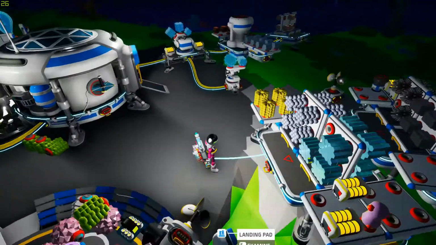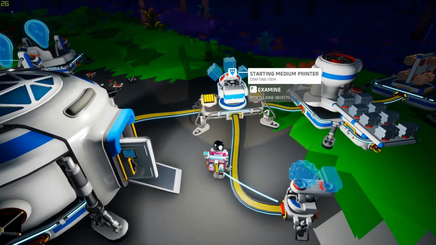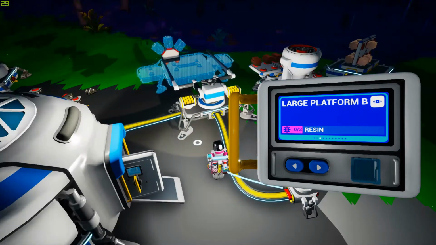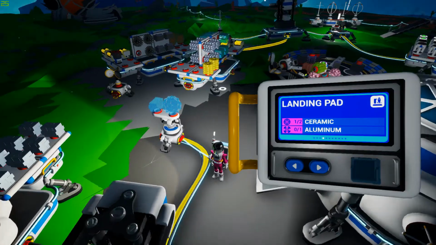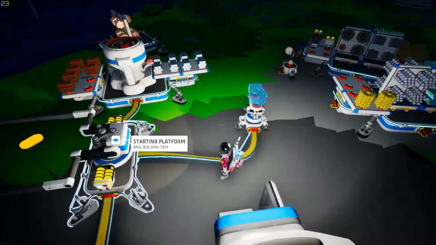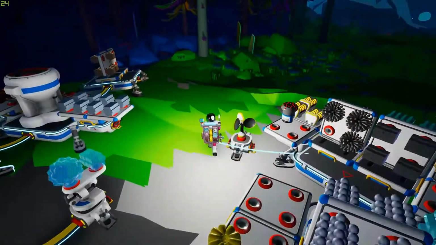And we probably want to make a large platform as well. All fingers and thumbs today. Large platform B, which is 3 resin. So let's take those. And no, it wasn't a landing pad. Where did my large platform go? Probably need that. So now we can make my large...